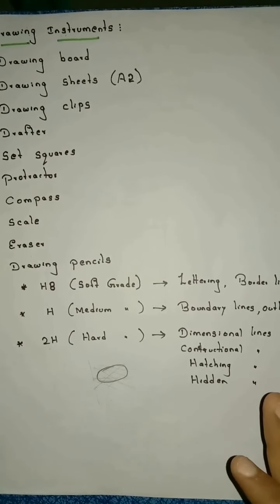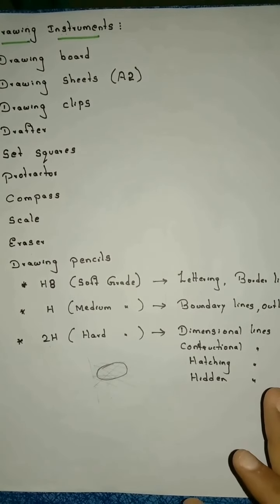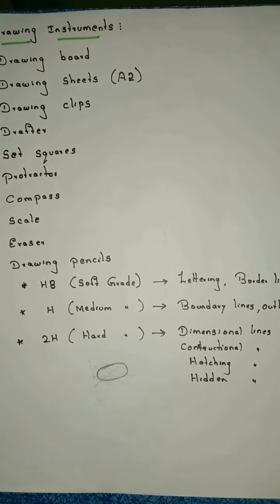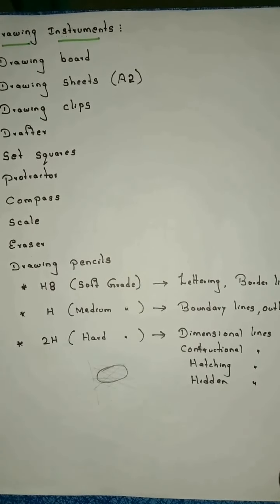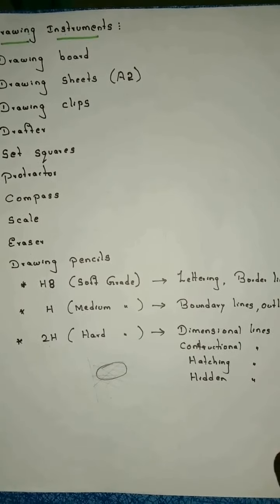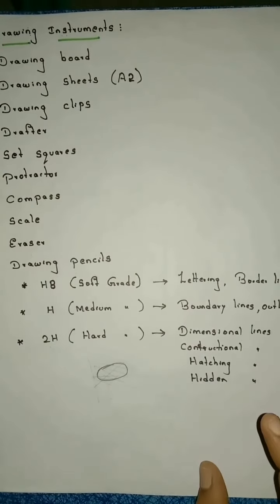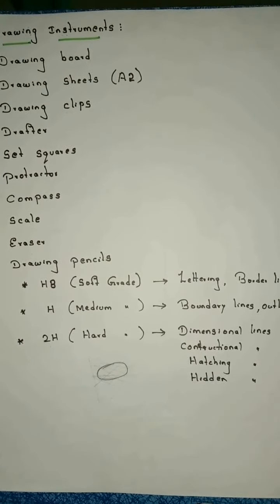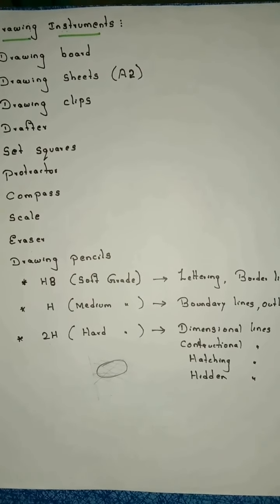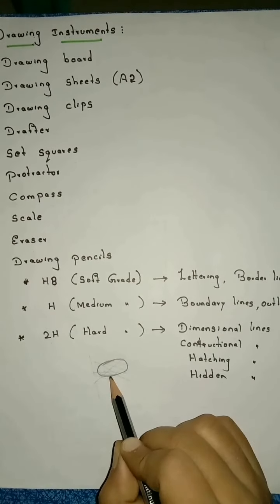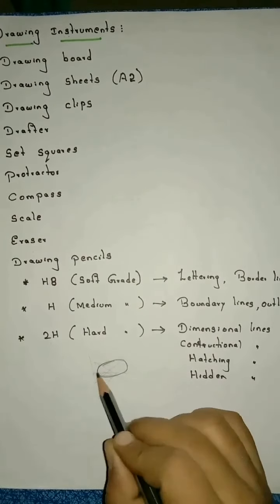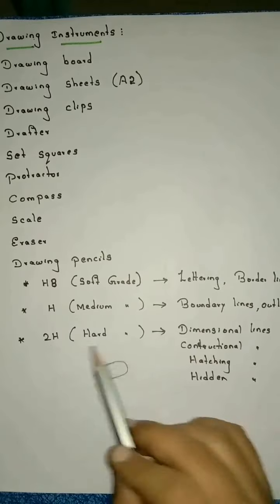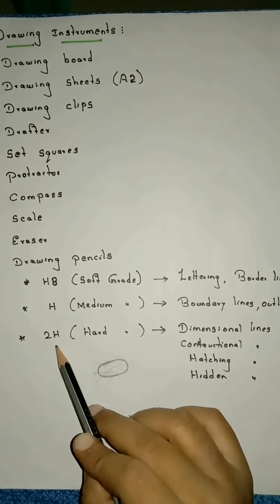Always the output of the diagram should be dark and the remaining part should be very light, and this point is important till unit 5. Whatever you draw in the 5 units, only the output should be dark, everything else you should draw very lightly. To draw the output dark, you have to use the HB pencil, right? To draw all these constructional lines, you have to use the 2H pencil.